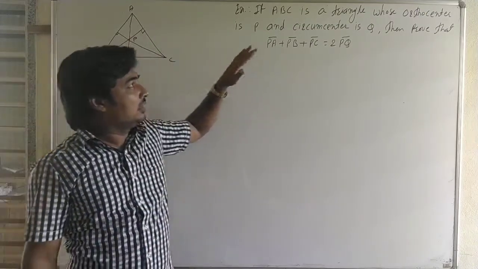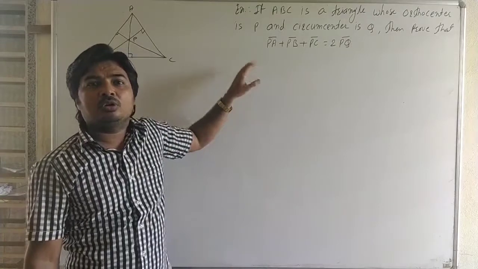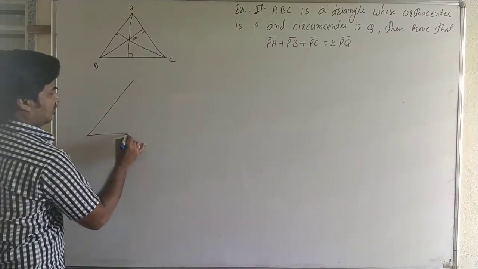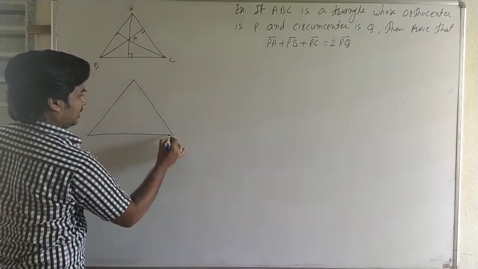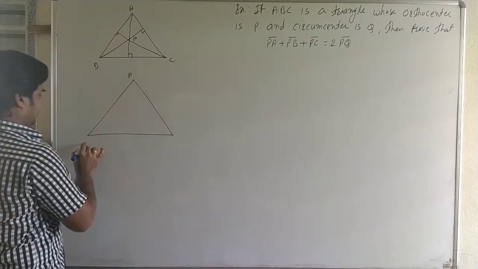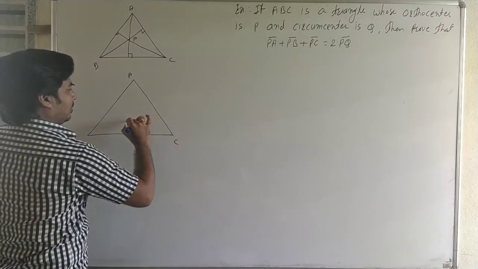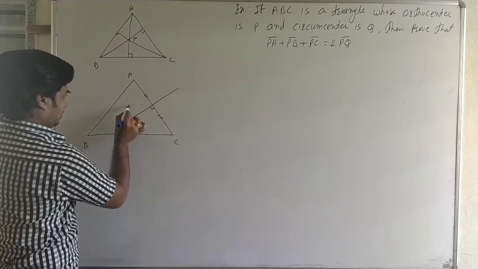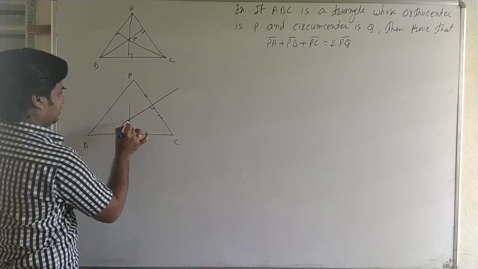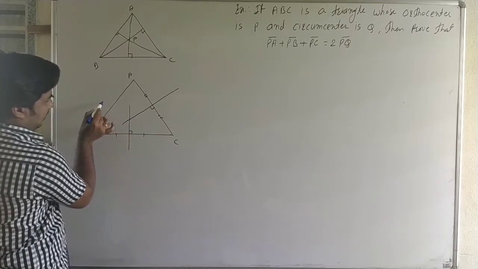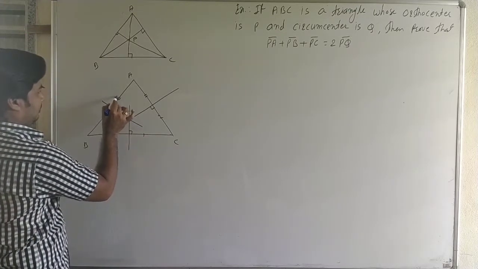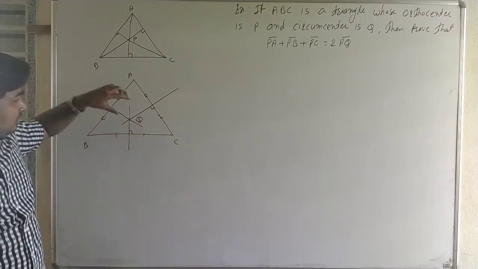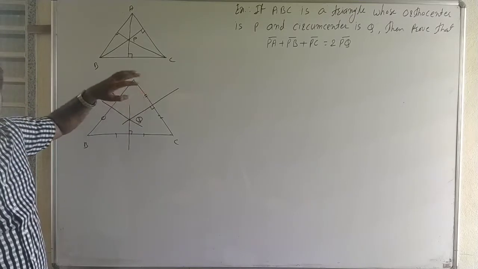And circumcenter is the point of concurrence of perpendicular bisectors of a triangle. Perpendicular bisectors of A, B and C. Here, when the sides are equal, it is a perpendicular bisector. Again both are equal and the perpendicular bisector is this. Suppose it is called Q. Circumcenter is the point of concurrence of perpendicular bisectors.